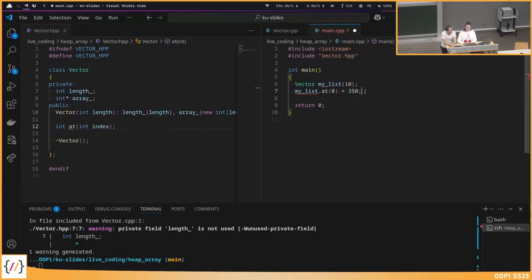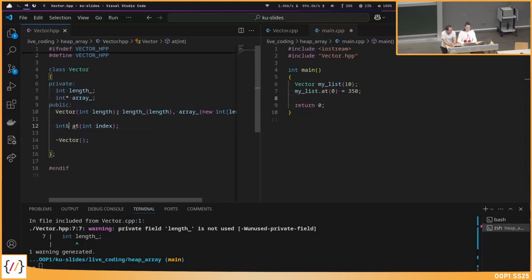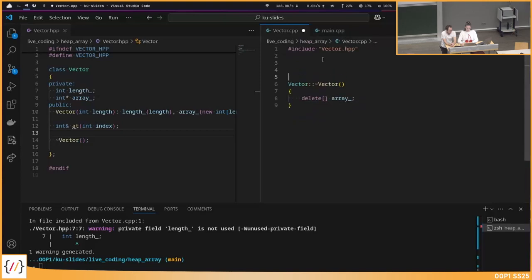Also, what we probably want here is that we actually modify the array. Even if this would work, we would just change the copied integer that we copied out of the array. So what we want to do here is to return a reference to the correct integer in our array. And then we can just assign here. I didn't implement it yet, but already we don't have any errors in the main file, because this integer reference is something which we can assign a value to. So let's implement this. We return this integer reference,